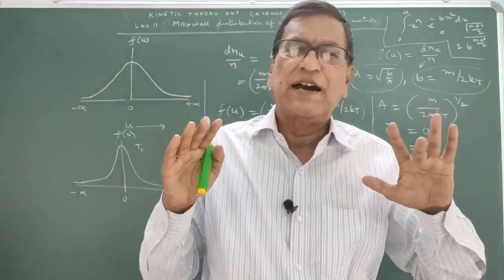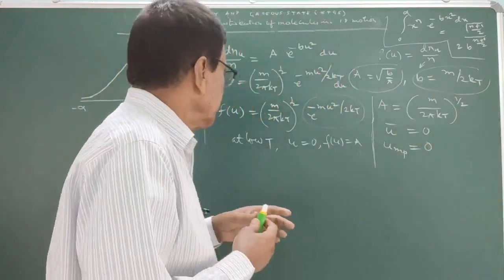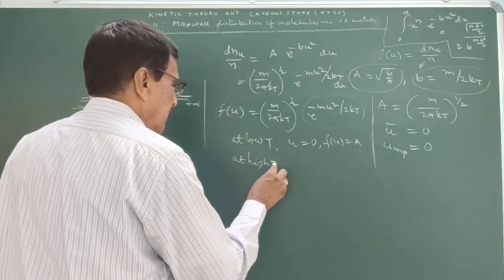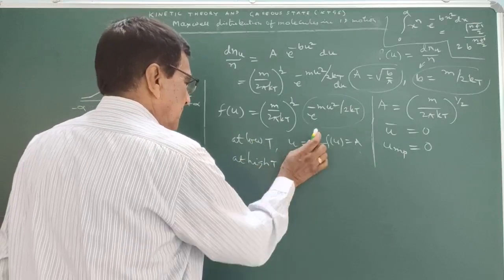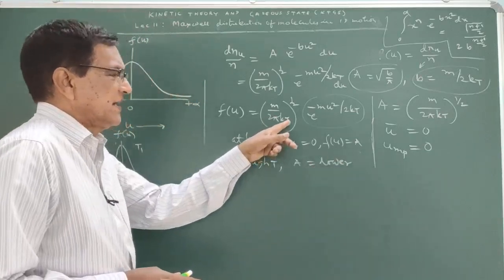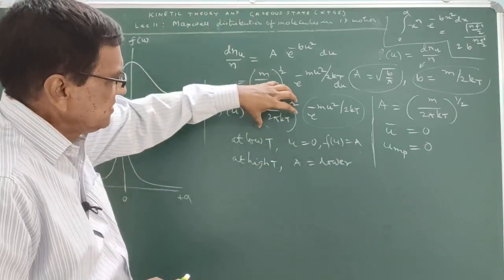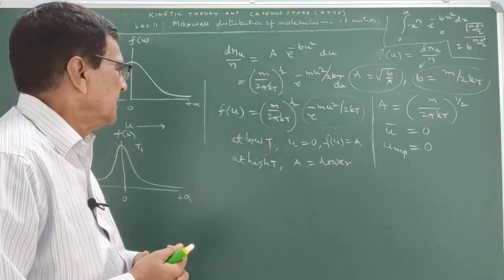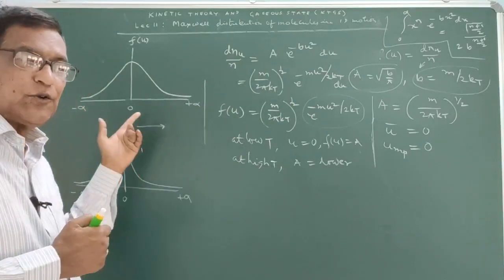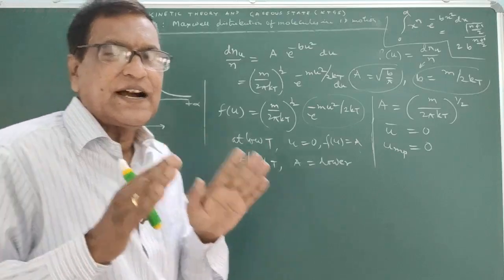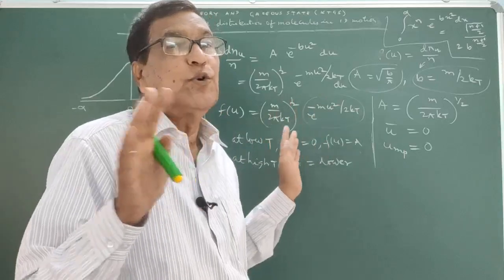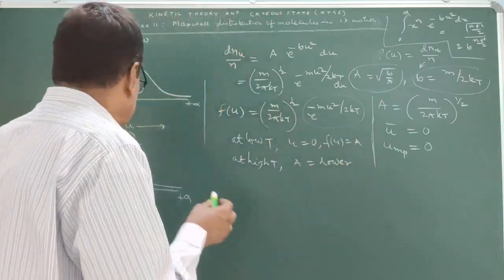If we draw this curve at high temperature, when this T is high, at high T, the A is lower. At high temperature, A is lower. This is the value of A. A is lower. So the peak of this curve is lower at high temperature than at lower temperature. So this curve, suppose here,